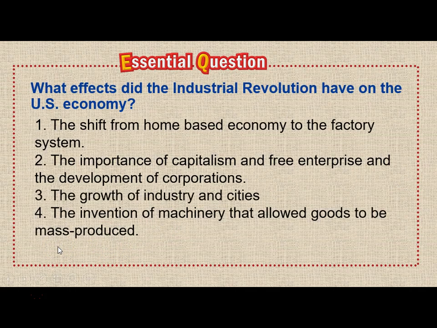Here's your essential question. There are some things you could jot down for your left side summary. Make some hay, get your left side work done, and make a snap chart of your own. Actually, you have a snap chart. We've done it in class, so you're pretty good to go.